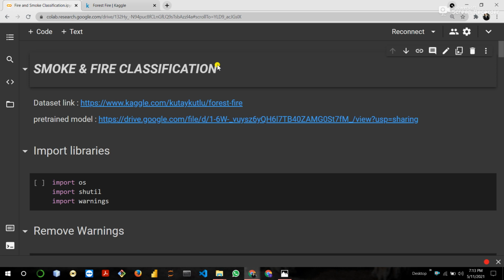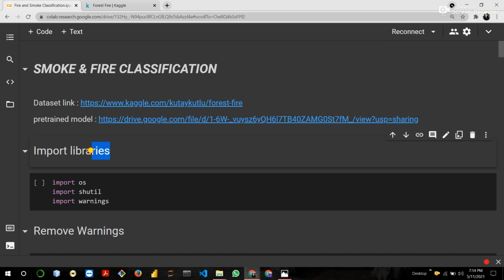I have implemented a CNN based project, smoke and fire classification. It can classify whether the given image contains smoke or fire, and based on the image it gives a result. I have defined my own CNN architecture and trained my model only for 2 epochs, and in only 2 epochs it gave me 96% accuracy on the training data and 99% accuracy on the validation data, which is really amazing. So now let's start the project.